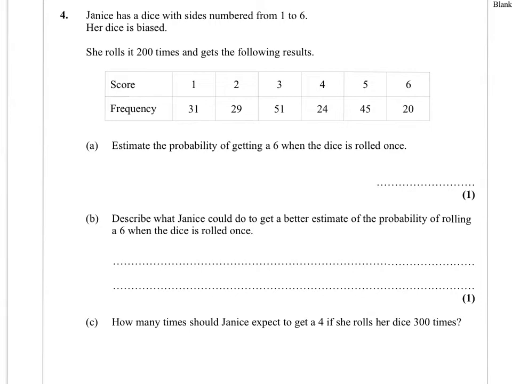But let's look at the question. She rolls it 200 times and gets the following results. She gets a 1 31 times, a 2 29 times, etc. Estimate the probability of getting a 6 when the dice is rolled once. So 6 is 20 times out of 200. So what I do is I write 20 times out of 200, and that could be cancelled down to